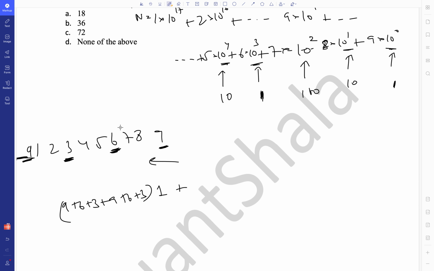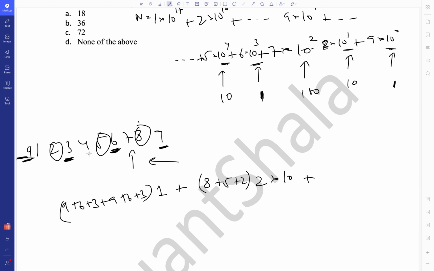Plus you have 8, 5 and 2, which will be multiplied by 10. If you see, 8 is multiplied by 10, 5 is multiplied by 10. So 8 plus 5 plus 2, and this into 2, because again similarly I'm not writing the addition 8, 5, 2 again. So it will be multiplied by 2 into 10,